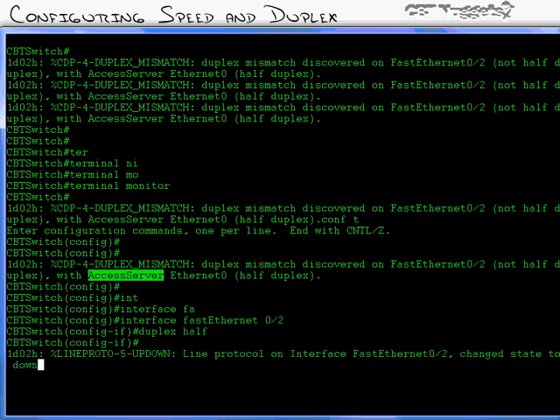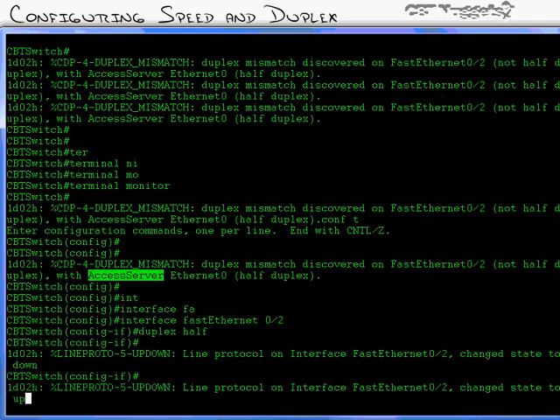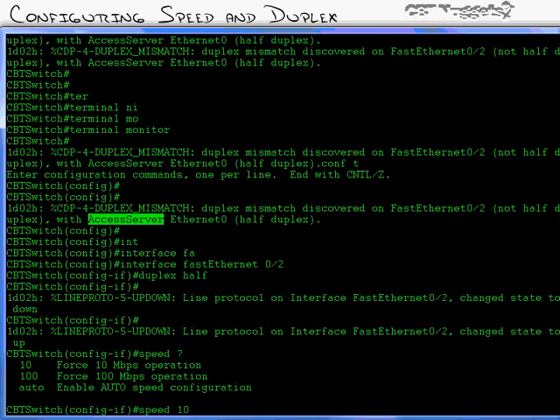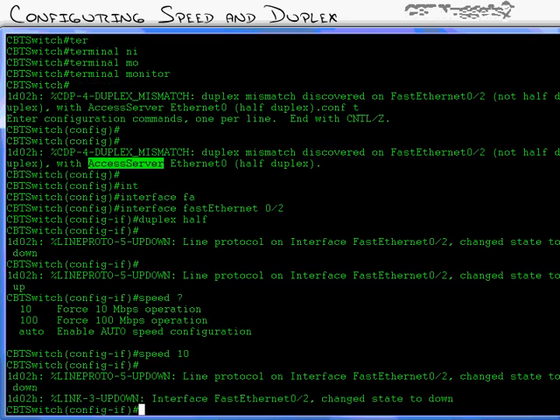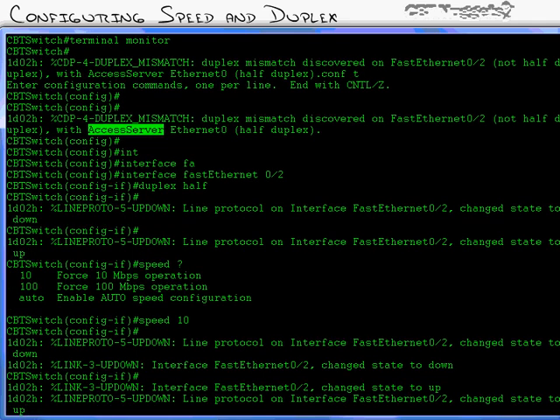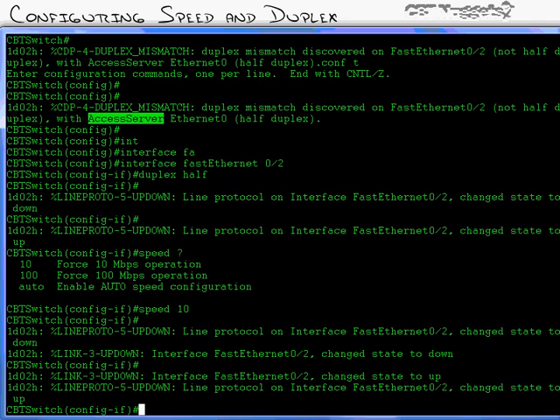side. And if we hard code the duplex, you see it'll shut down the port temporarily while it does that, but you'll also want to hard code the speed. So I'll say speed is 10 megabits per second, which is what the other side is set to. That is hard coding the speed and duplex. It does cause the interface to bounce down and go back up, so it will cause a disruption in network